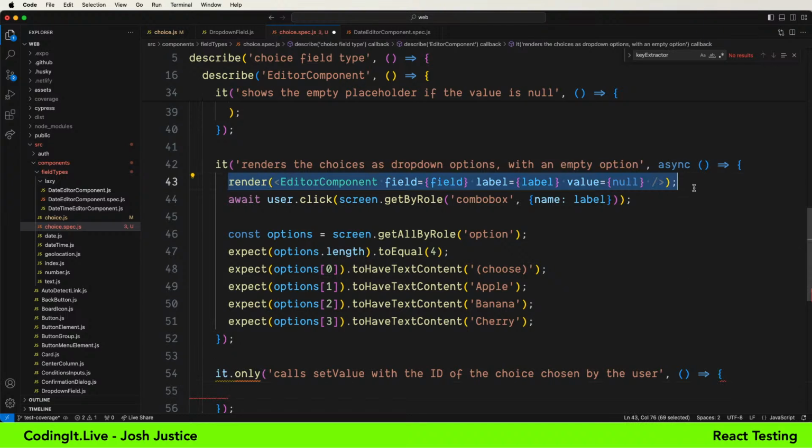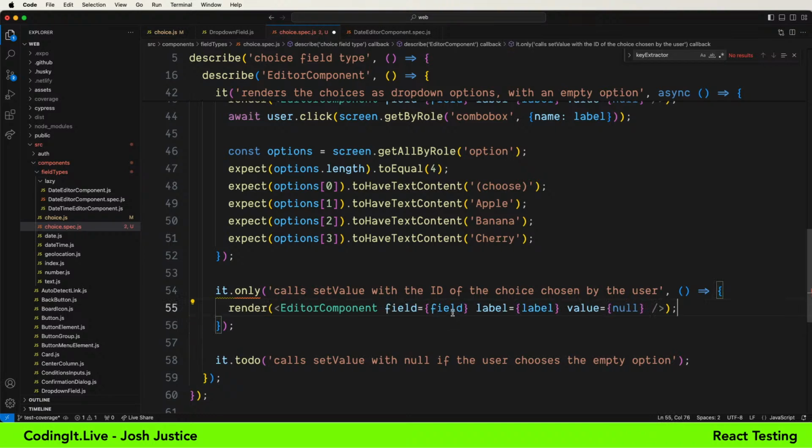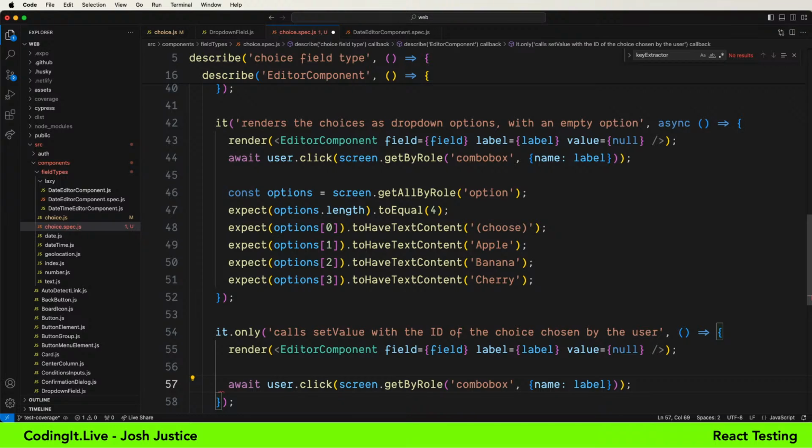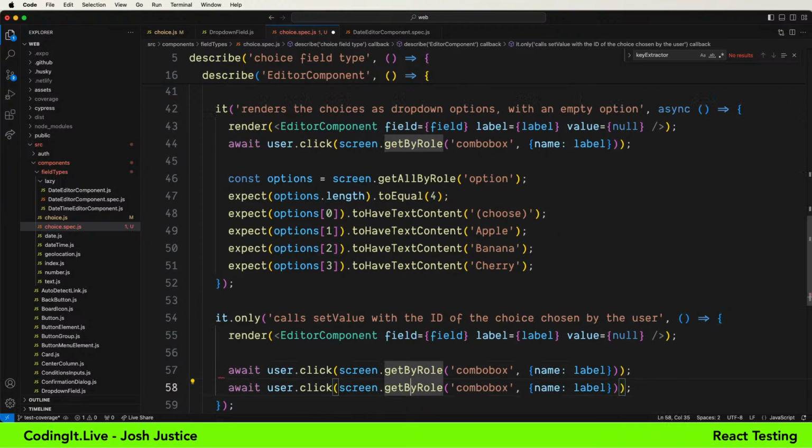So let's say we have a component and it doesn't initially have a value. The user clicks on it, and then the user clicks on get by role option name. I guess that could be another way we could look at the options. So maybe we'll come back to that.